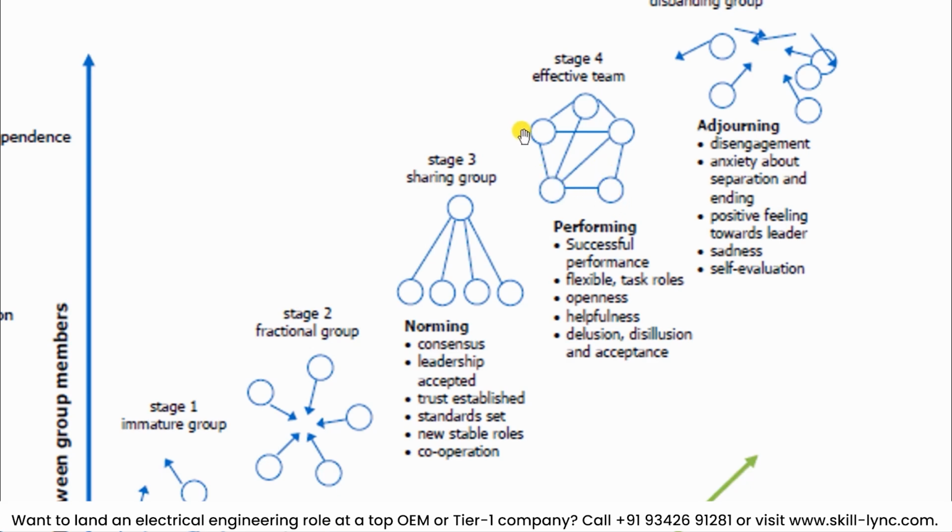This is where even the leadership structure, the hierarchical structure, is kind of broken, and you become interdependent with all others. There is an uninterrupted stream of information flowing within the team. You know who to go to and how to support each other. You know that this person has this capability, maybe we have to support them in this. So you have this general understanding. You are open to each other. You are outrightly helpful. You take away all the illusions, you take away all the misunderstandings, and have an acceptance towards each other.